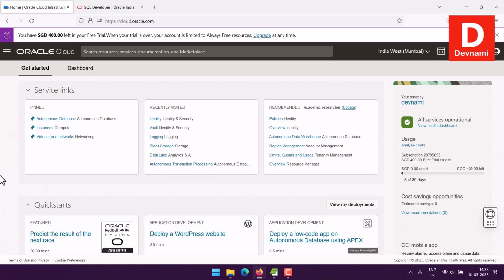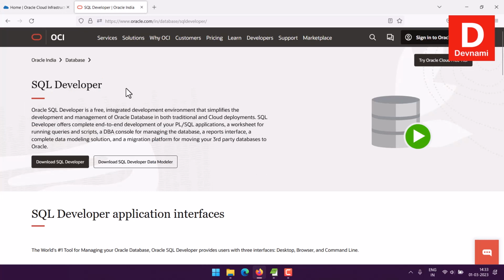Okay, so let's take a look at how you can connect SQL Developer to Oracle Cloud's transaction processing database service. So we will go through a flow of creating an ATP service, then we will connect SQL Developer with it, right? So for that, the first thing we have to do is go to SQL Developer and then click on download SQL